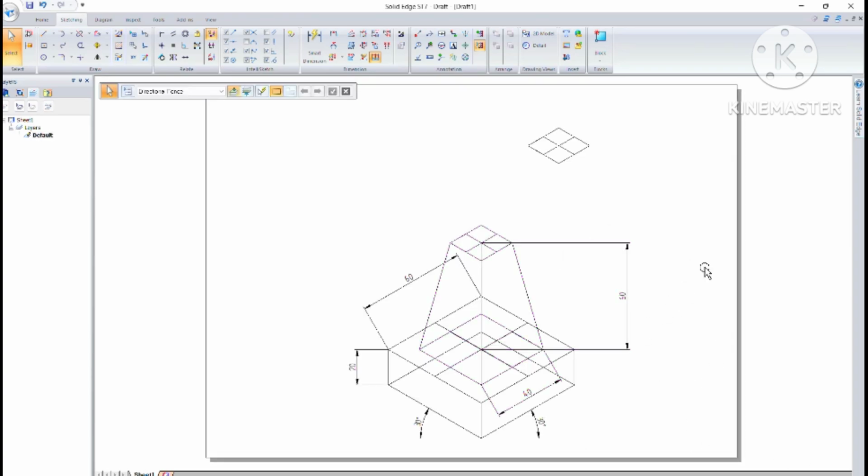Step 6. Applying isometric scaling. One of the most important aspects of isometric drawing is scaling. Since isometric projections distort lengths, we apply a scale factor to maintain accurate proportions. For our drawing, we used a scale factor of 0.82. This means that every dimension in the isometric drawing is scaled down to 82% of its actual size. This ensures that the drawing appears visually correct while maintaining relative proportions. In practical applications, isometric scaling is essential when preparing engineering blueprints, 3D models, and product designs.